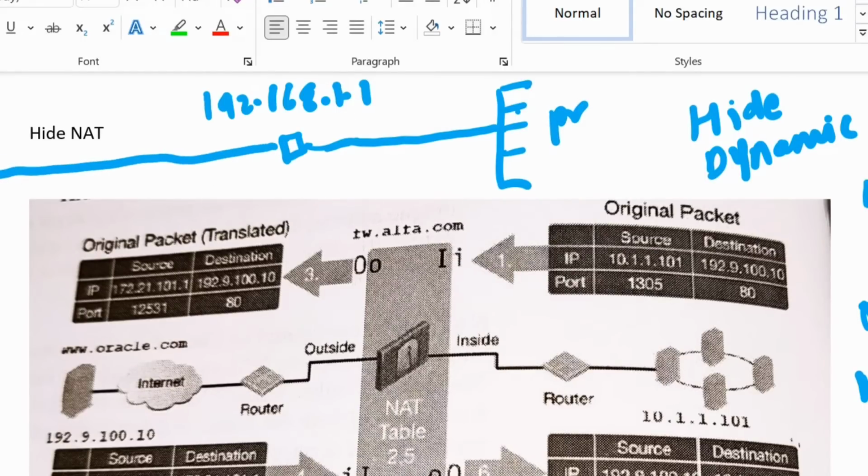And how does the return packet work here? As you said, every PC has a different IP address and is referring to only one IP address, but